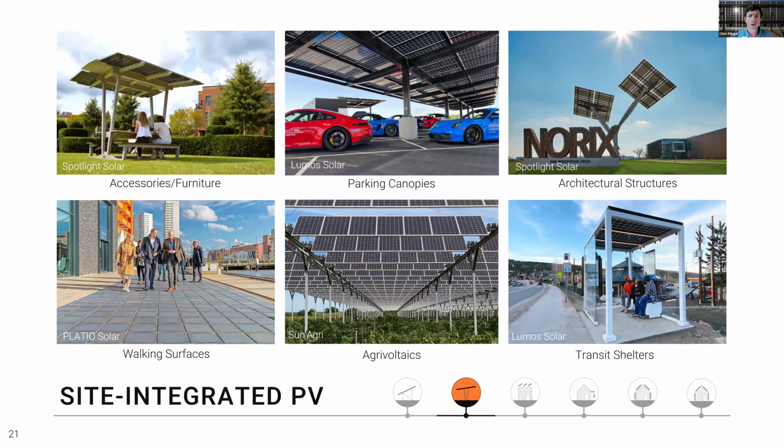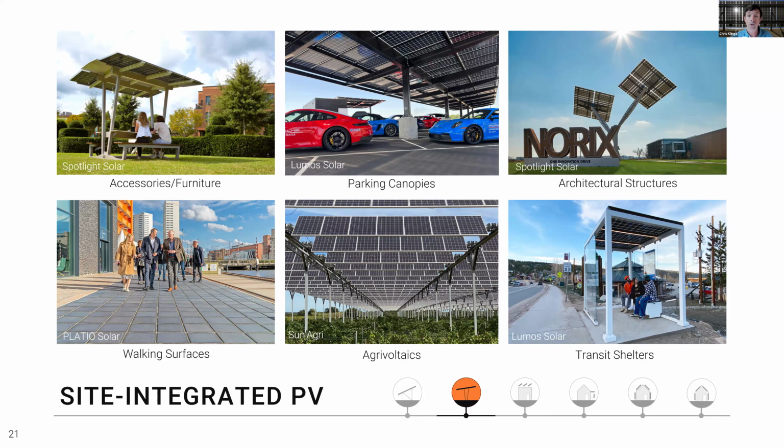These solutions can utilize PV to charge batteries that bring power to locations that may be more costly to retrofit. Parking canopies are the most common example of site canopies at work. Covered parking is a premium, and adding a solar carport to a project can have a substantial impact on the site's net energy use. Architectural structures and art installations present an opportunity to showcase an organization's commitment to renewable energy